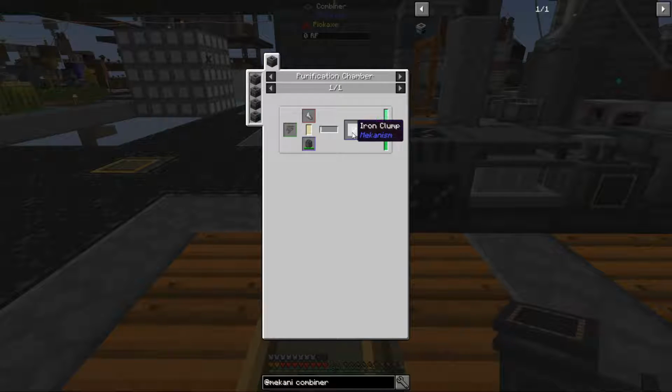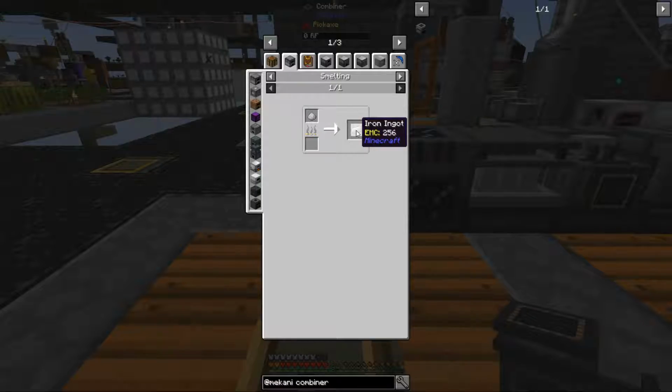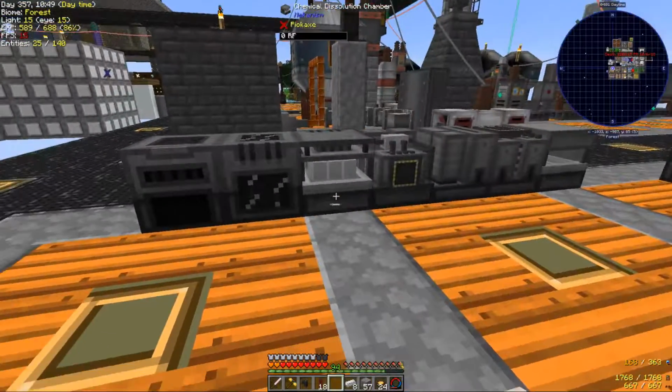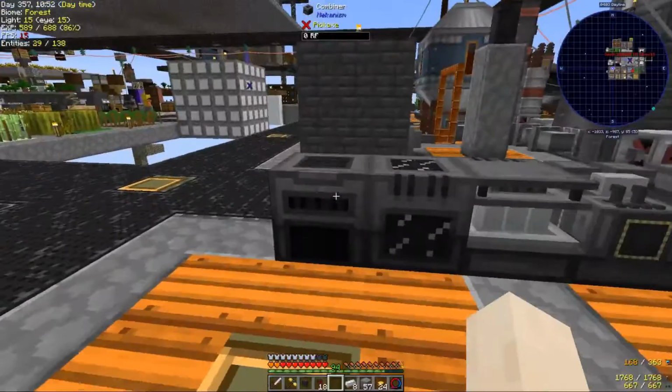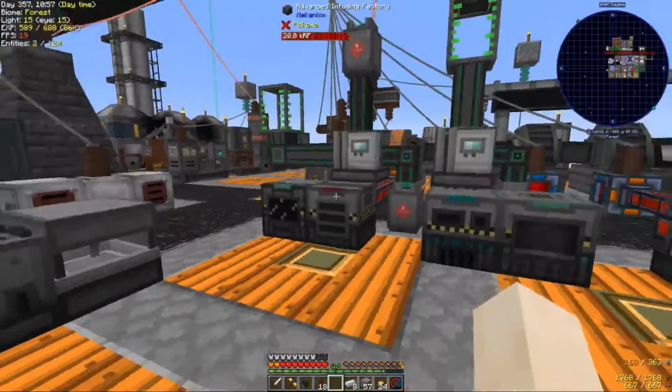From the iron shards, you get iron clumps, and from the iron clump, you get dirty iron dust. From the enrichment chamber, you get iron dust, and basically from iron dust, you get iron ingot. So this is the whole track. From an iron ingot, or from your first iron ore using the combiner, you go the whole gambit and you